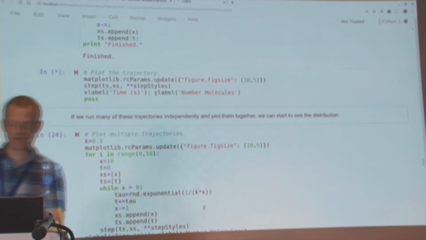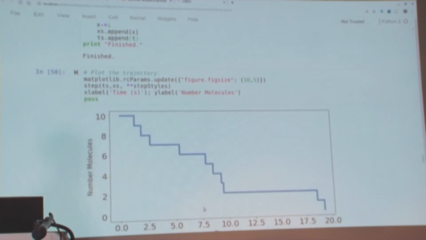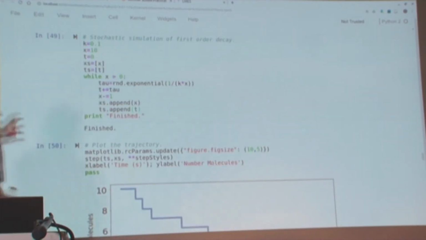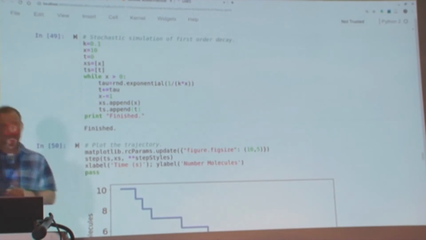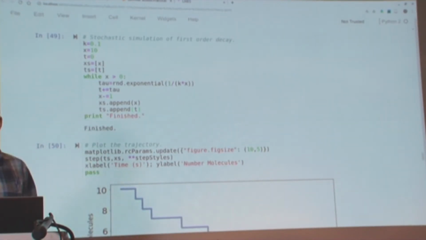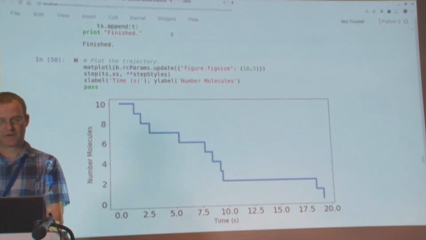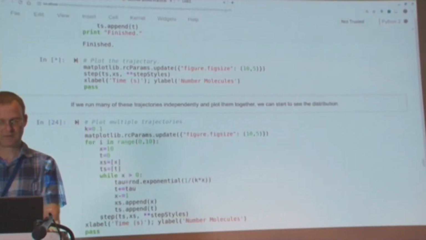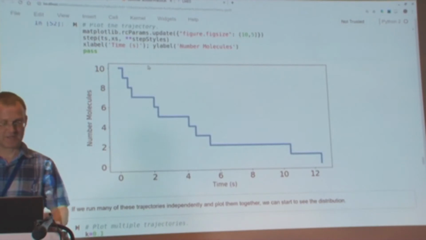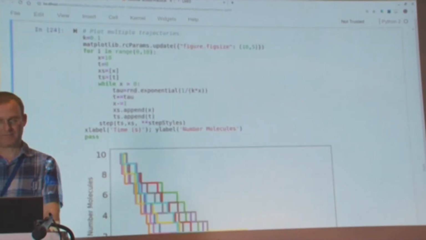All right, so we did one here. If you want to see, this is basically the Gillespie algorithm for this very simple system. And this is a random trajectory we get out of it. If I run it again, you can see I get a different trajectory. If I run it many times,